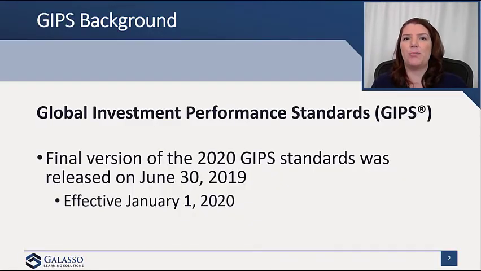Today's SOP is going to be addressing GIPS, or Global Investment Performance Standards. Now, this standard was recently updated. Originally, it was issued back in 2010. A final standard was issued in June of 2019 and effective January 1 of 2020. As a result of this update, the AICPA had to update their guidance on using this new framework.